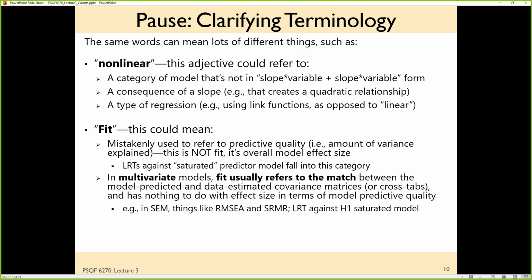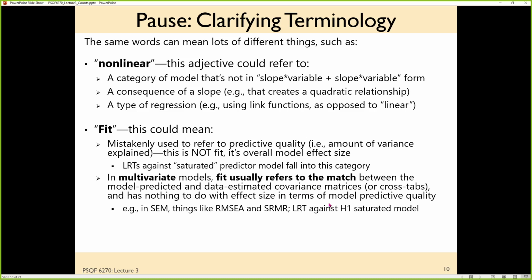In those types of models, we worry about fit all the time. And we will have an alphabet soup of fit statistics, different acronyms like RMSEA and SRMR and CFI and NNFI and TLI and all different kinds of letters that all have to do somehow with whether or not the model has adequately captured the covariance across outcomes and the variance of each outcome. And we'll do likelihood ratio tests in that context against a saturated model where everything is perfect to see if our model is close enough to perfect to work for our purposes.